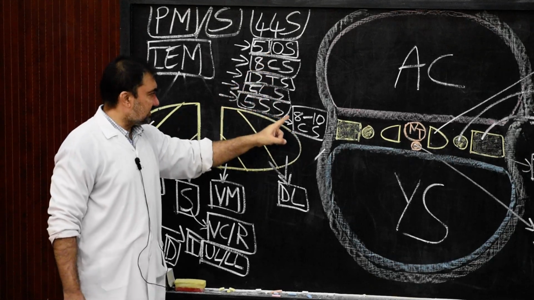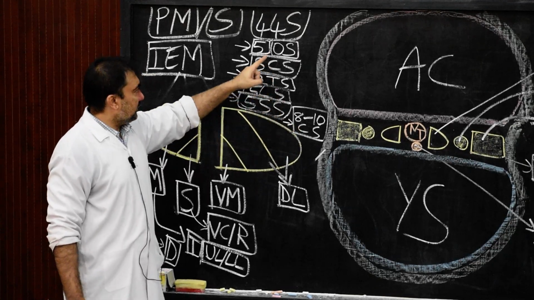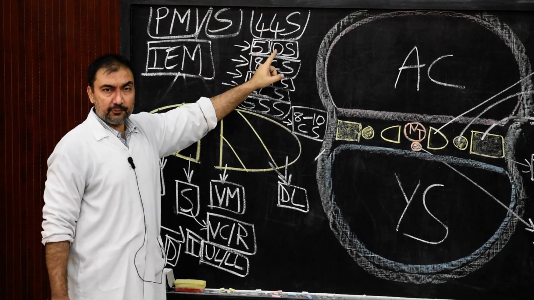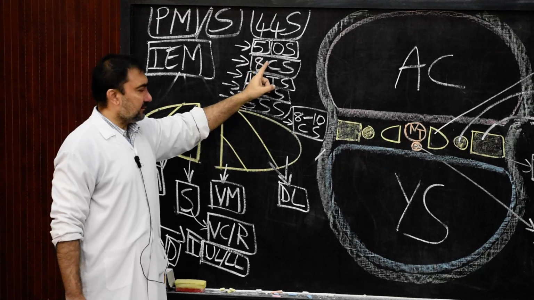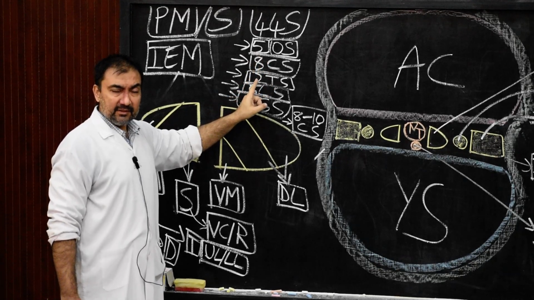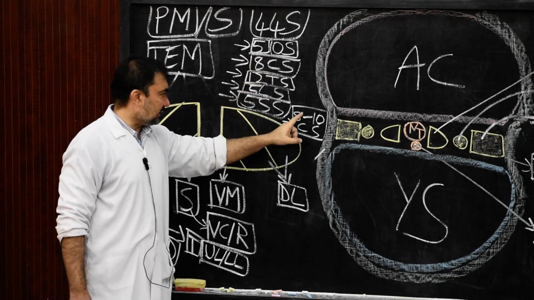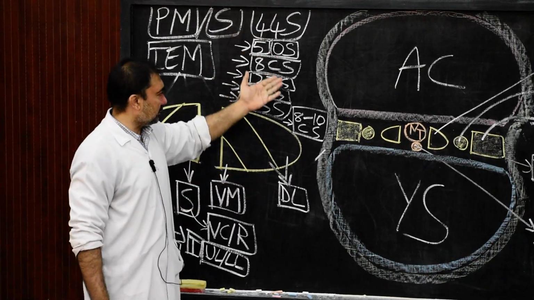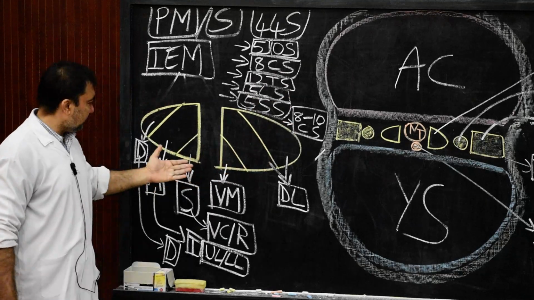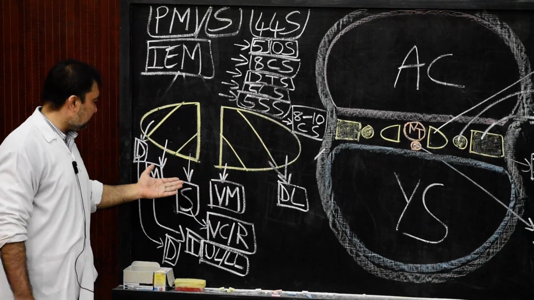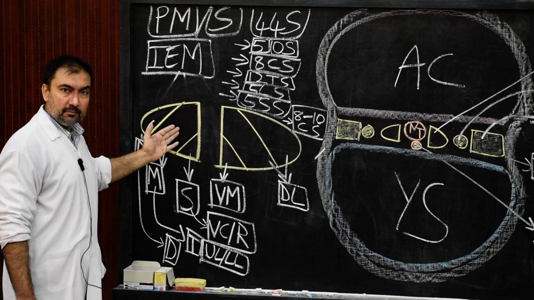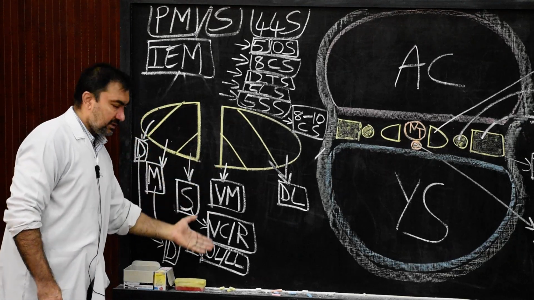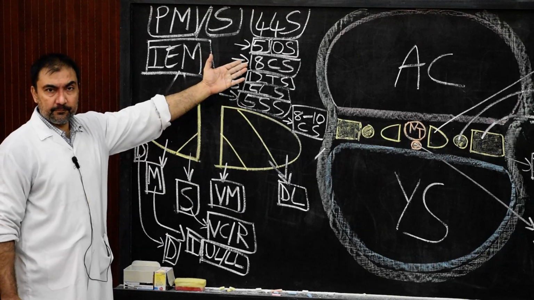And this is often asked in MCQs. How many pairs of occipital somites will contribute to this 44? Around 4 to 5 pairs of occipital somites. How many pairs of cervical? 8. Then 12 thoracic, 5 lumbar, 5 sacral, and around 8 to 10 coccygeal pairs of somites will contribute to these 44 pairs. And each of these somites will further develop into sclerotome, myotome, dermatome. So in this way, these structures are developed from these somites.